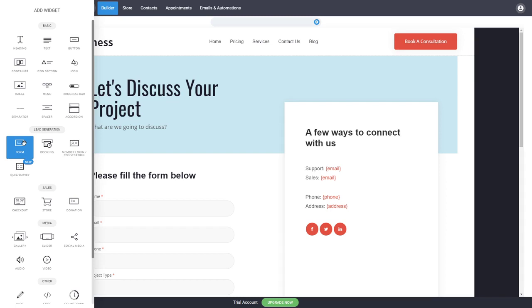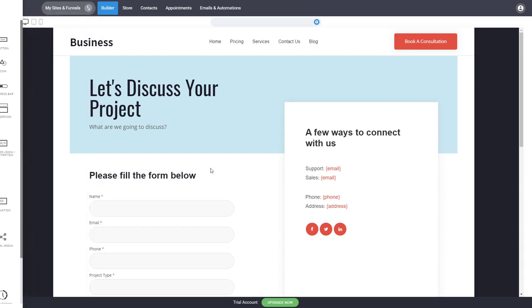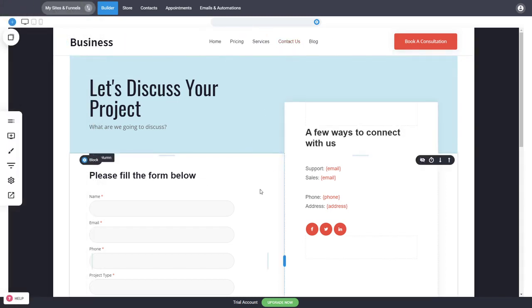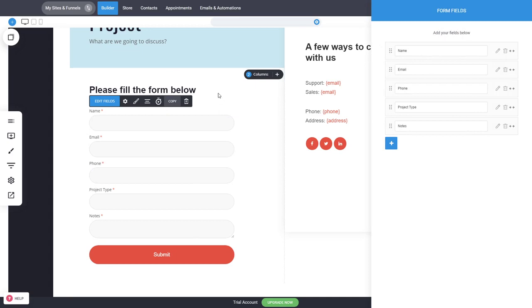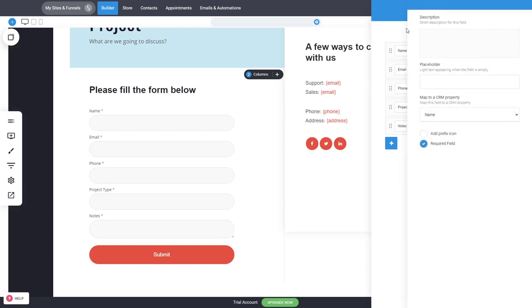So you can create a custom page for collecting information, or here, because we already have a contact us page, we can use this one. The idea behind it is that you can have different fields inside. You can double click and you can see all the fields inside your form. And you can customize those. You can click on the pencil and see what exactly other information you can